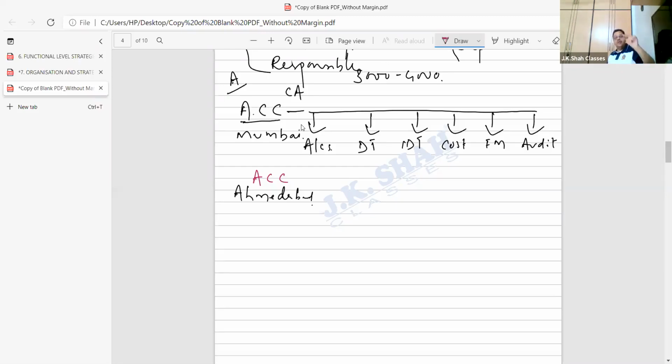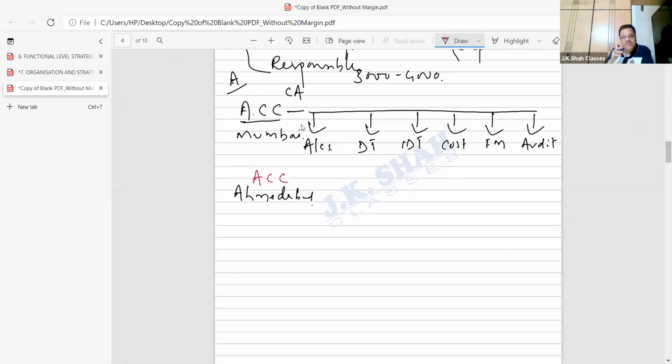How is there duplication of staff? You have an accounts teacher teaching accounts in Bombay also. You have an accounts teacher teaching accounts in Ahmedabad also. So the owner of the class said, wait, these teachers who are with me in Mumbai, they take 6 to 8 hours of lectures in a day for 4 days in a week, 5 days in a week. If I give them 3 days of work of 10, 12 hours, then 3 to 4 days they are free. Hey, tell me, 3 to 4 days are free.